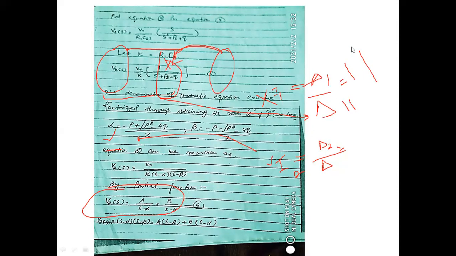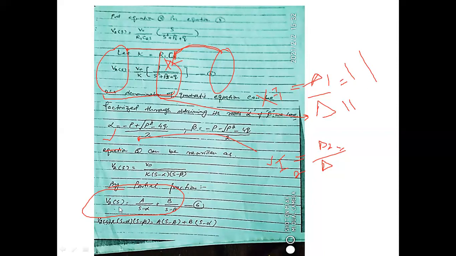Okay, so now the two factors of this quadratic equation will be s minus alpha and s minus beta. So now we have to find this by factorization: a over s minus alpha plus b over s minus beta. So the LCM of this will be s minus alpha into s minus beta, multiplying this LCM with